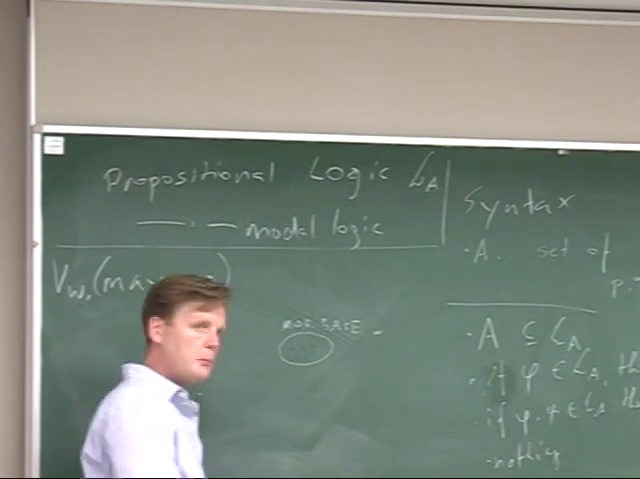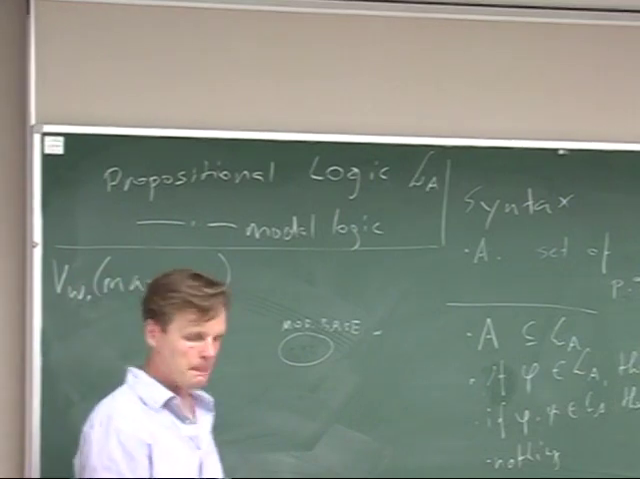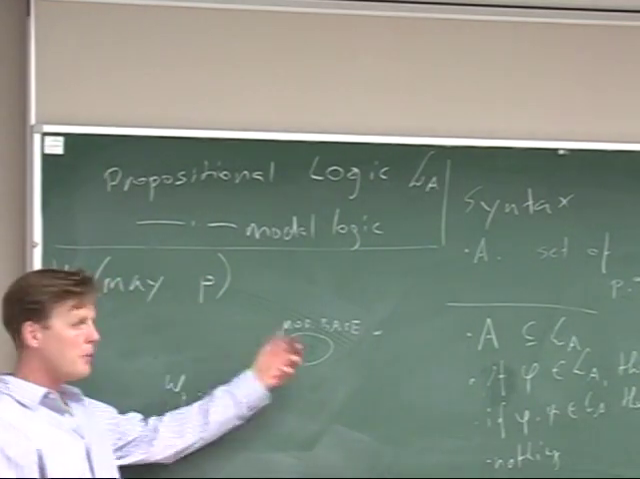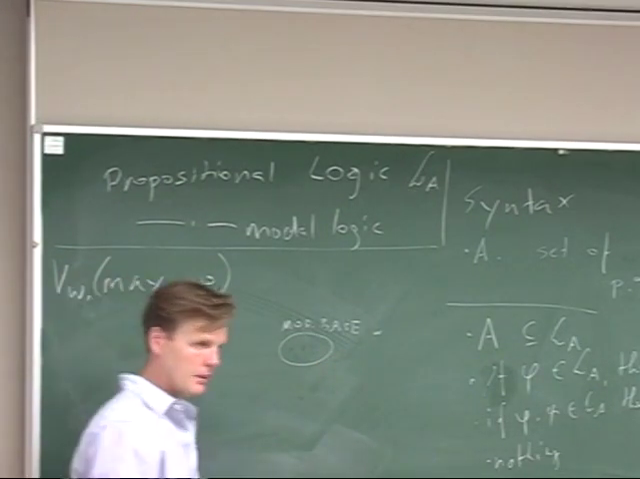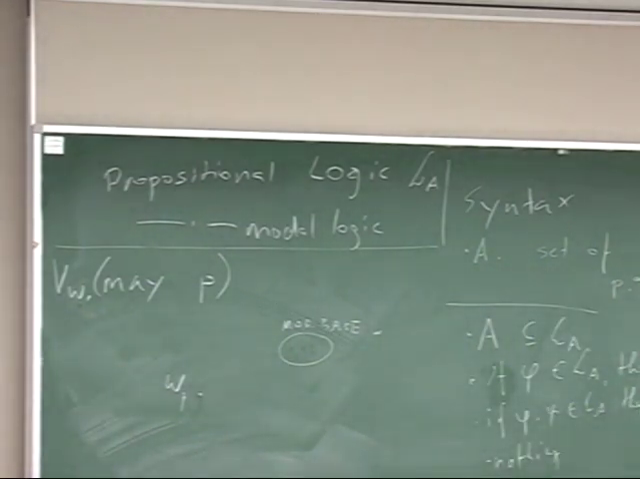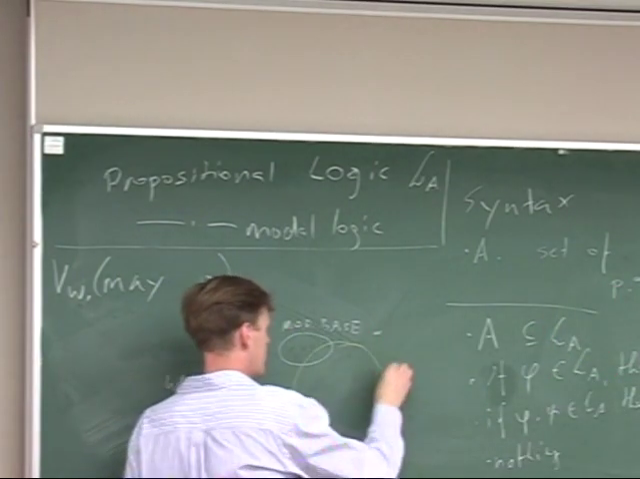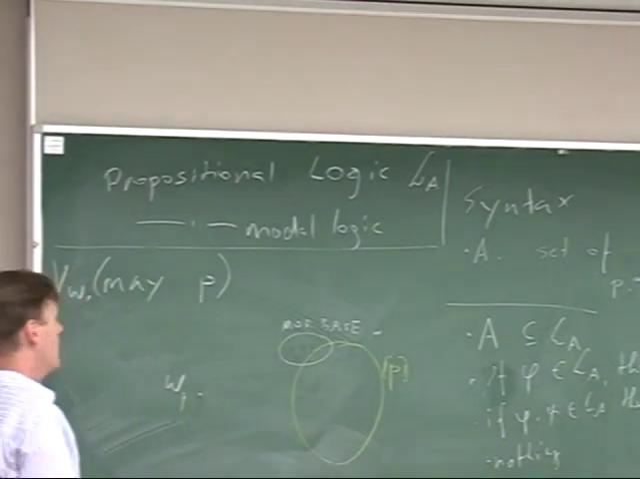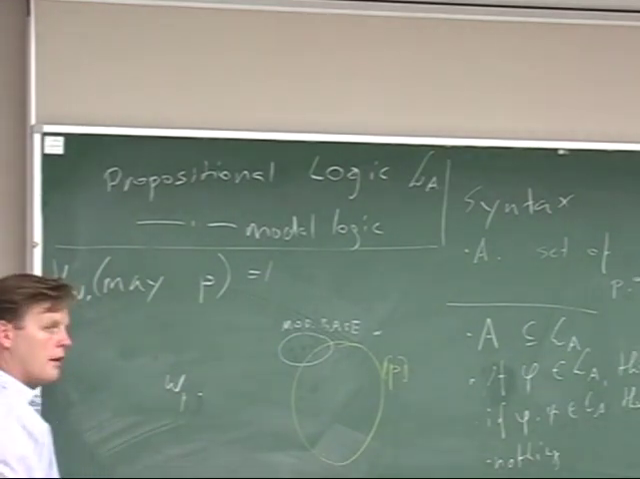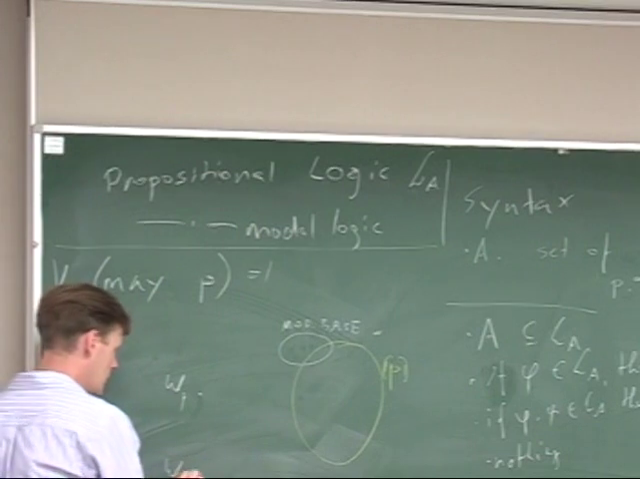And now we ask, is P consistent with this set of worlds? If it is, then the sentence "P may be true" is true at W. The sentence "it may be that P" is true at W whenever P has some overlap with the modal base. So suppose this is P. So at W1 the sentence is true in this picture. Now if we have W2,